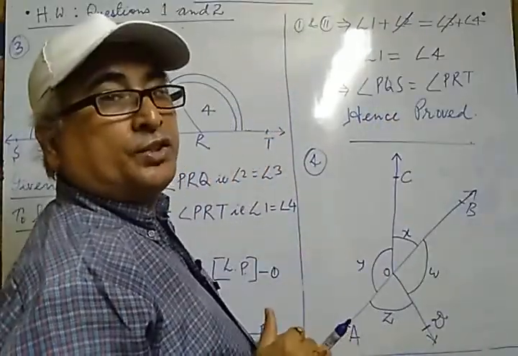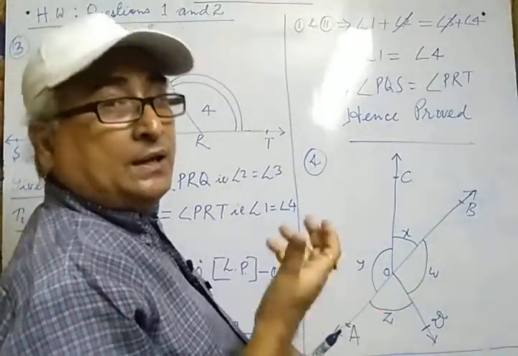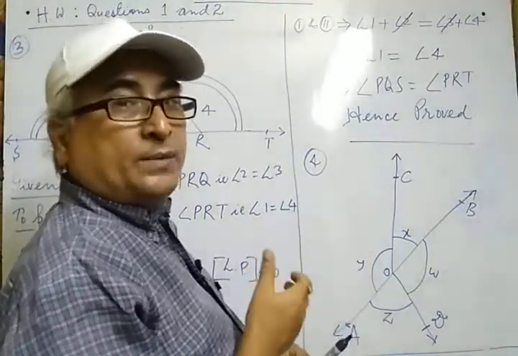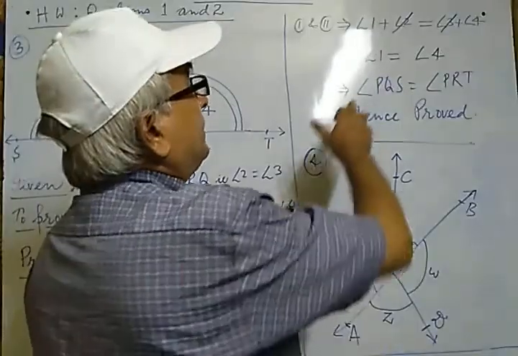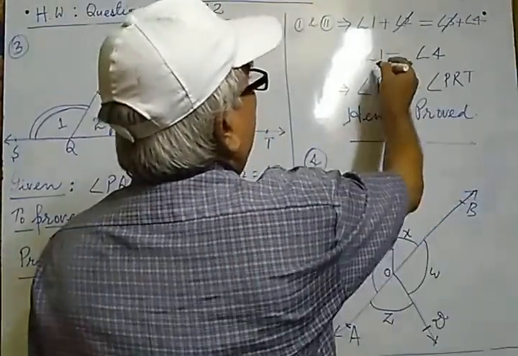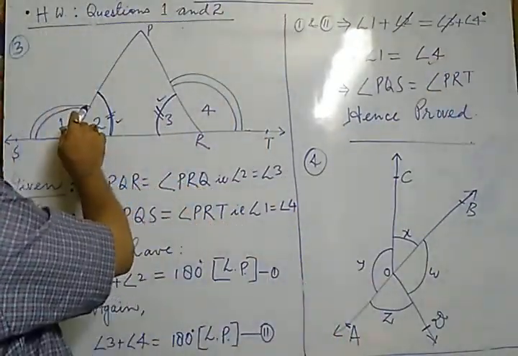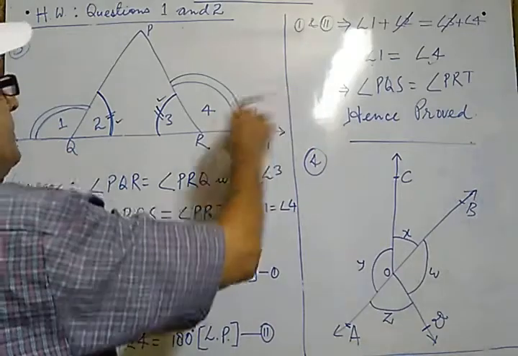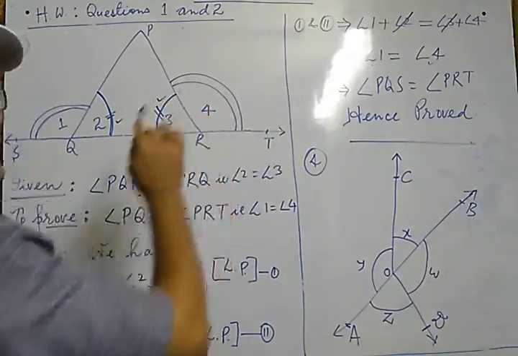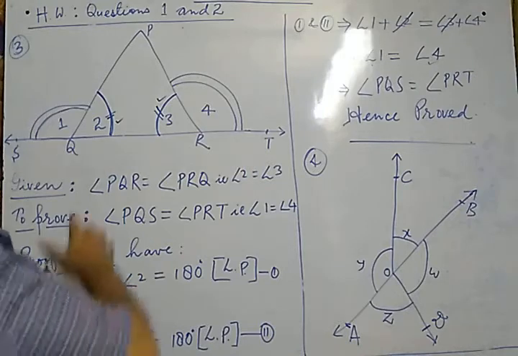So angle 2 and angle 3 both are equal, so both will be cancelled here. So what is remaining there? If 2 and 3 both are cancelled, because both the angles are equal according to the given condition, what will be the result? Angle 1 equals angle 4. Angle 1 means from here to there, angle 4 means from here to there. You may observe very easily. And this one is required.